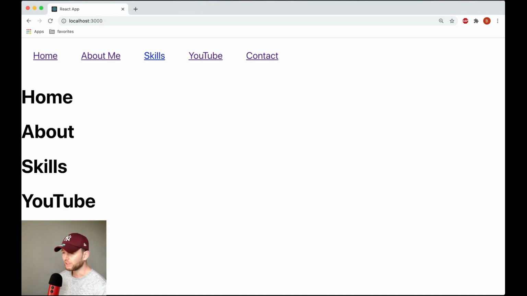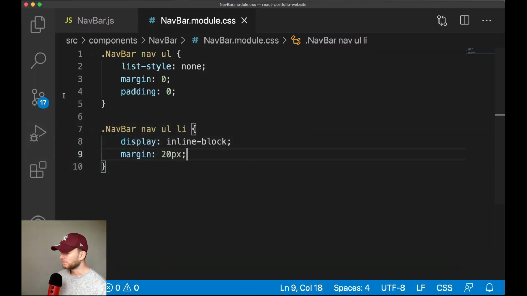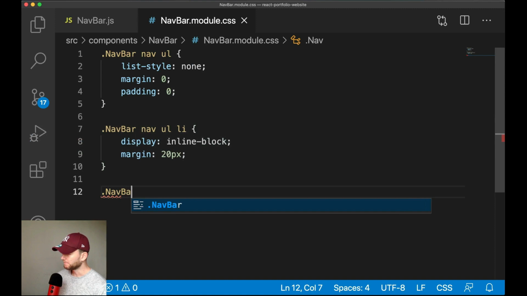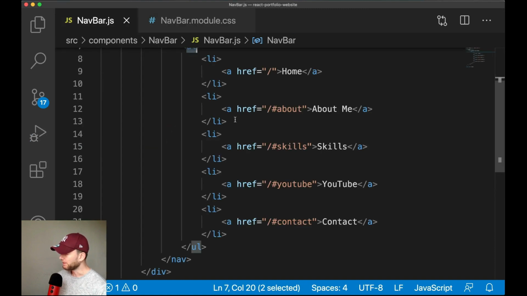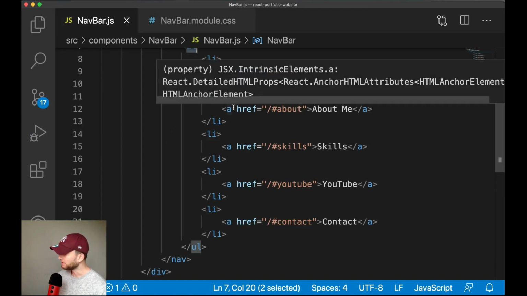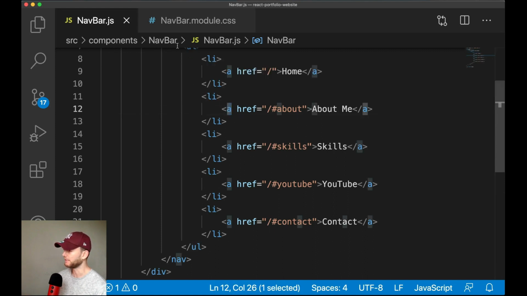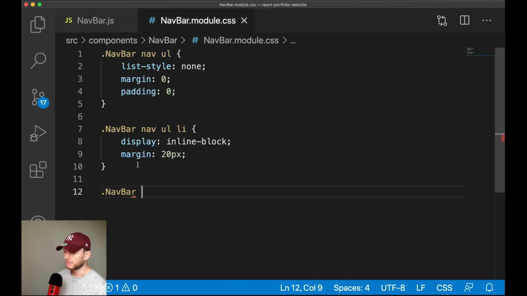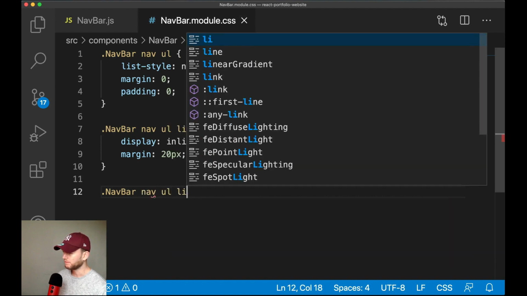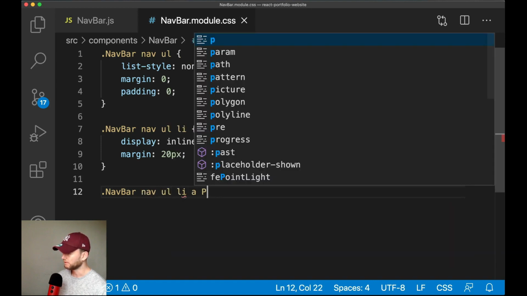Alright, now let me see, what do we want to do now? Yeah, we see some list decorations here, we can remove that. So we can simply do .navbar. Sorry, I have to mention the decorations are default created when we use the a tag. So we can say navbar nav this, and then